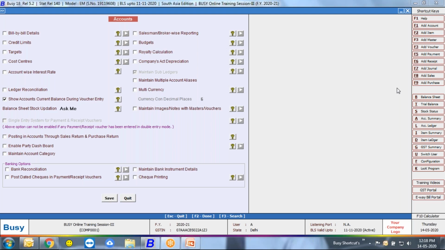I think there is no query, so everybody has understood all these features very well. So we will start the next topic, targets. Mr. Vishal will continue. Now, Vishal, take over, please.